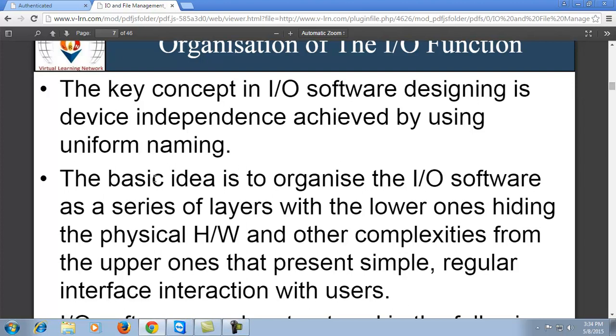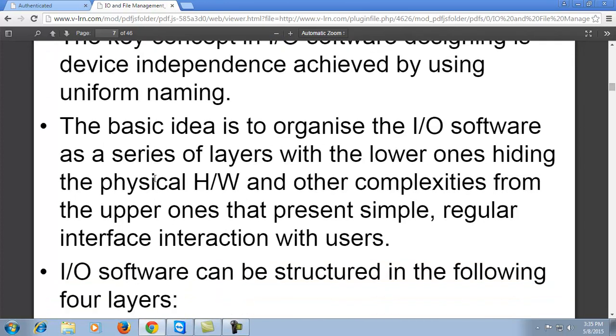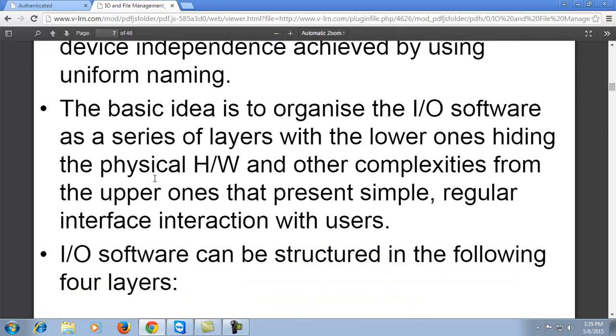So the basic idea is to organize the input-output software as a series of layers, with the lower ones hiding the physical hardware and other complexities from the upper ones that present a simple, regular interface and interaction with the user, because these files and directories interact directly with the user, who accesses these files and stores content in them for future use and for processing.